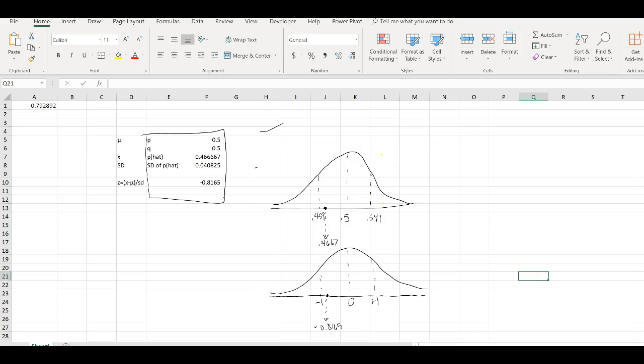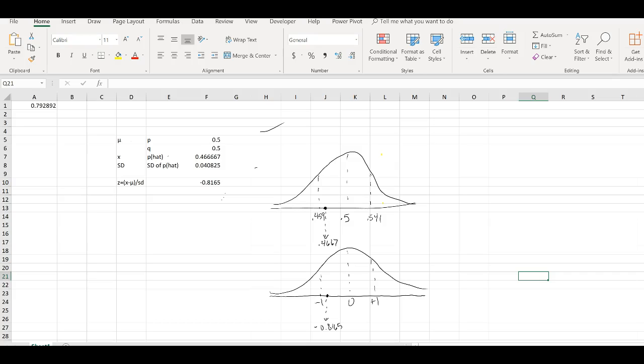Hold on. And so what I did here is I just added some familiar variables. So you're using P here. I put mu for the average. So your P is the average in your calculations. So I got mu here. Your P hat is X. And you've got, of course, standard deviation here. So what I did was